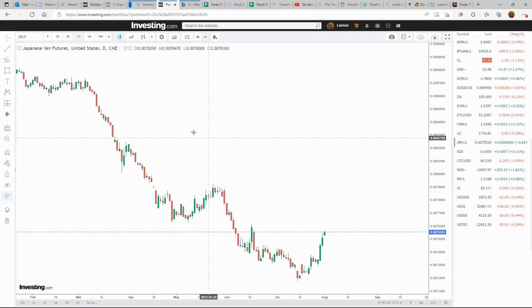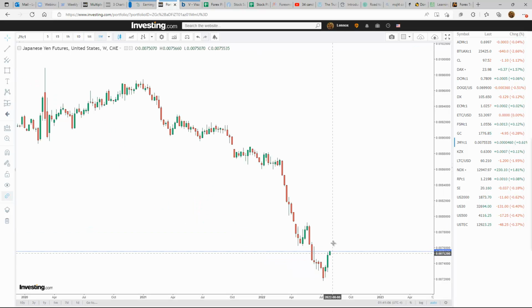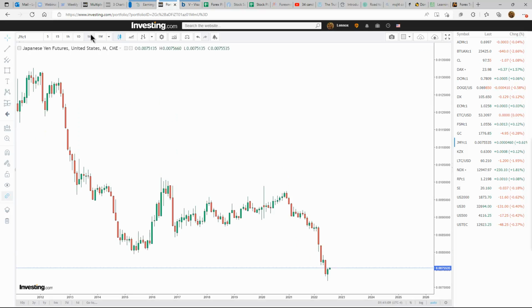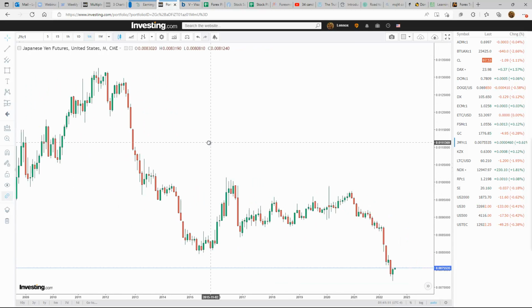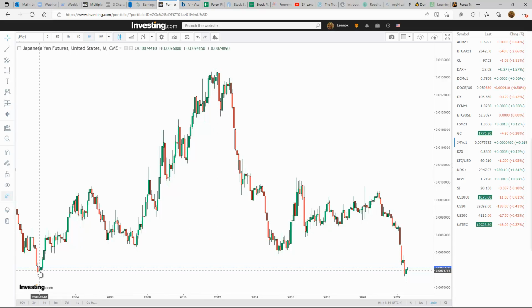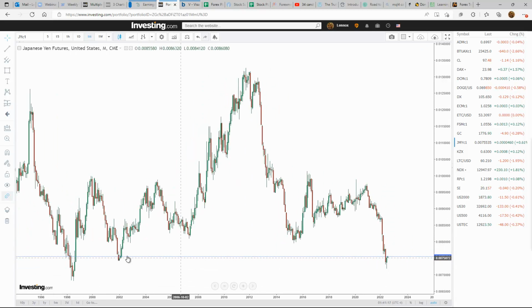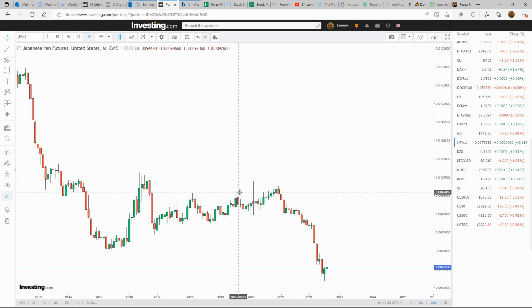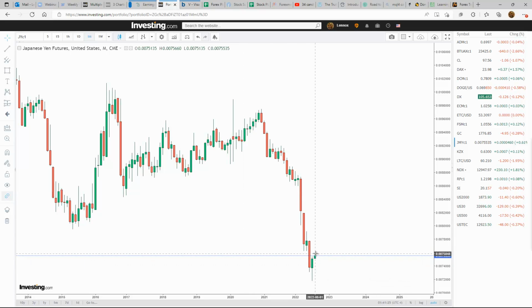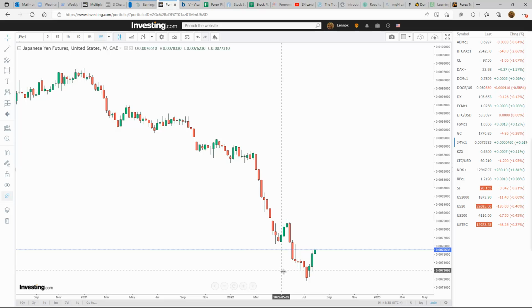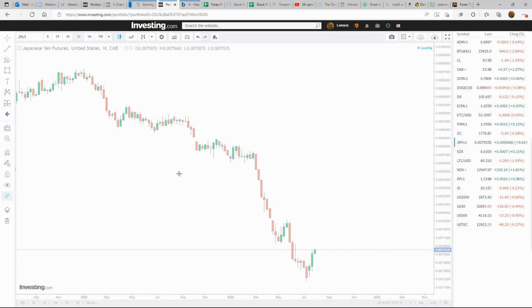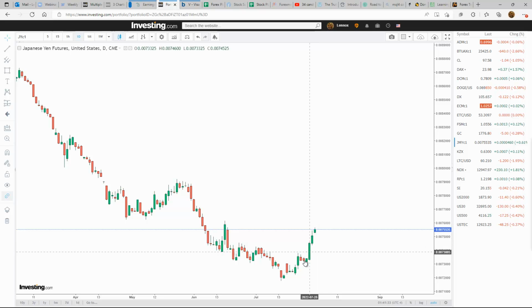Japanese yen on the weekly also come down quite a bit. I'm going to go to the monthly. So there's nothing over to the left to show us where we are. Let's see. Yeah, we are actually at a previous support area, and so we could see a little bit of a bounce here, and that's what's happening on the monthly. On the weekly, we're pushing to the upside. On the daily, Japanese yen looking very strong overall. Okay, but we're coming back into resistance right now, but looks pretty strong, so I'll give strength to the Japanese yen going into this week.